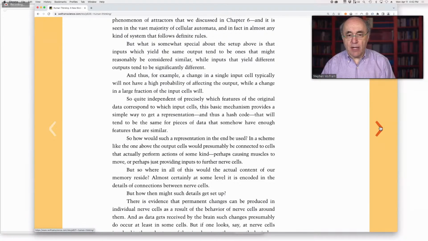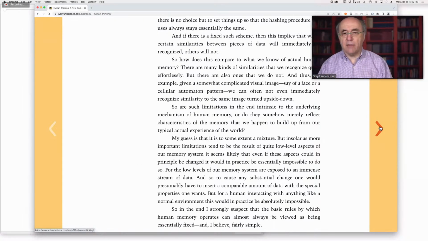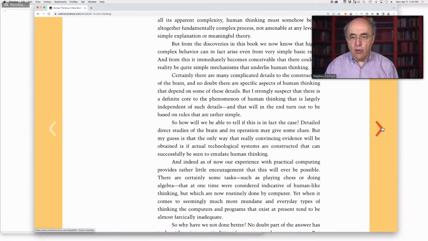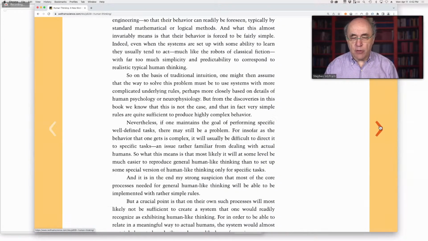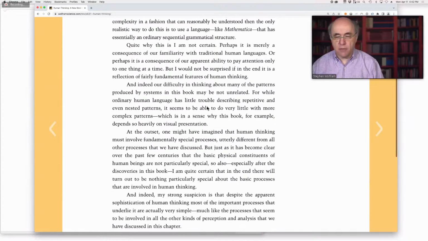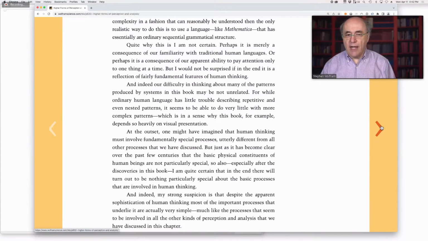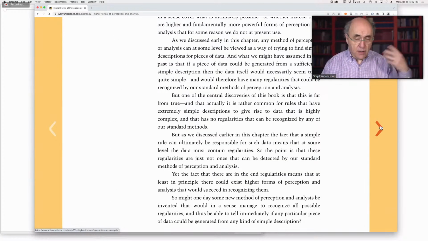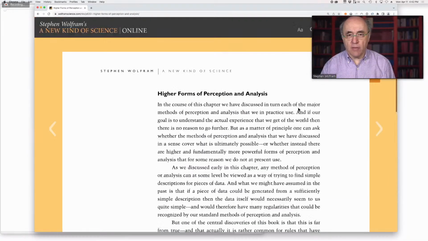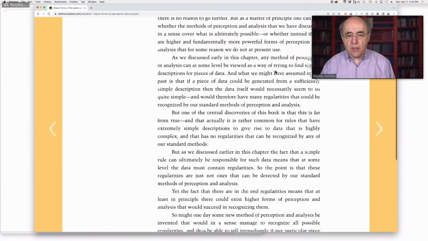At the time when I was writing this, well, I had studied neural nets back in the beginning of the 1980s. We certainly didn't know all the things we know now about deep networks, and we didn't know how much we would succeed in training deep networks. The general question being asked here is, okay, imagine we have a model of human thinking that today might be a deep learning neural network. Can that crack what's happening in one of these cellular automata from simple rules?